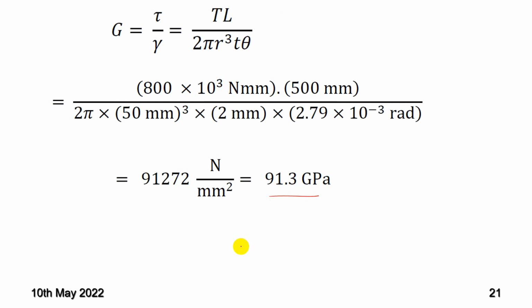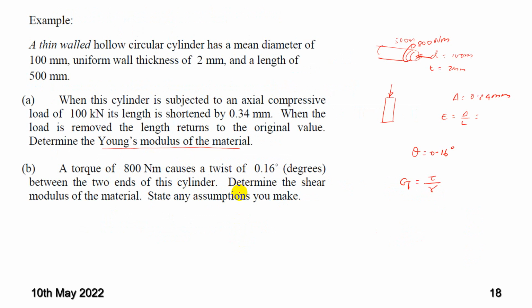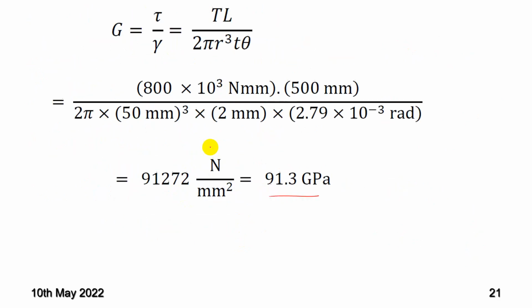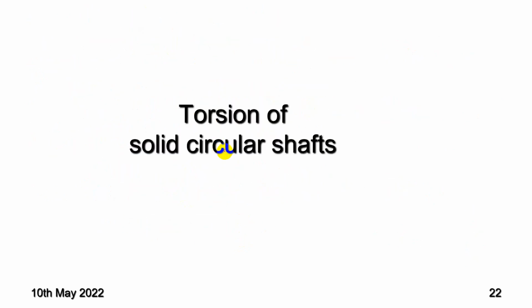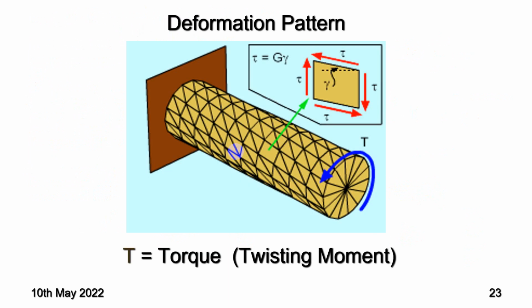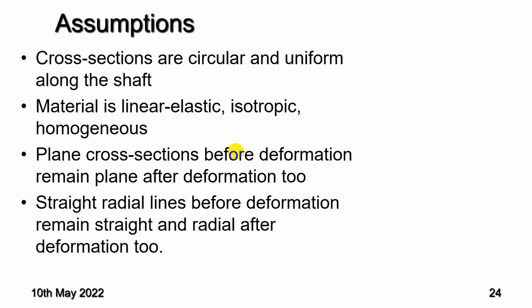So this is the shear modulus, and previously we found Young's modulus. Now let us look at torsion of a solid circular shaft. Earlier we looked at thin wall. When it's a solid circular shaft,